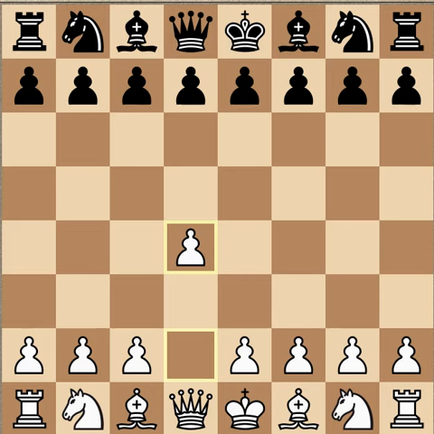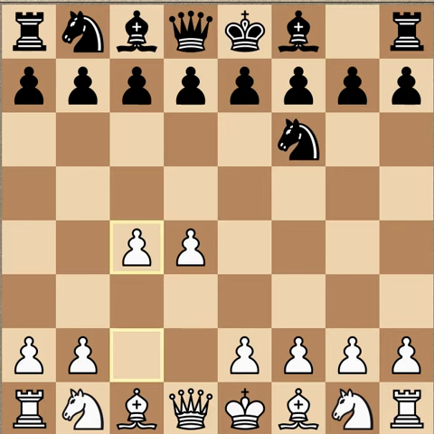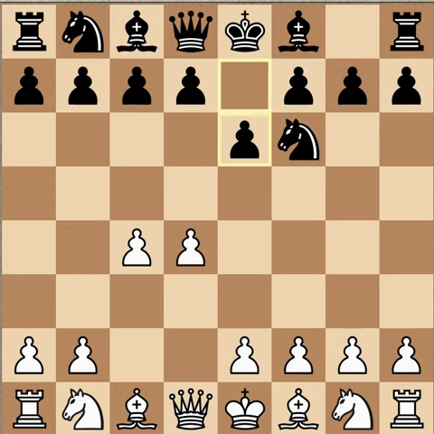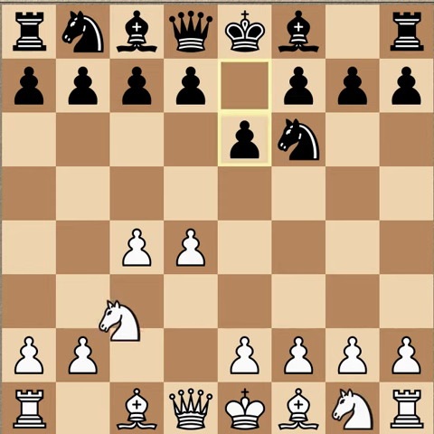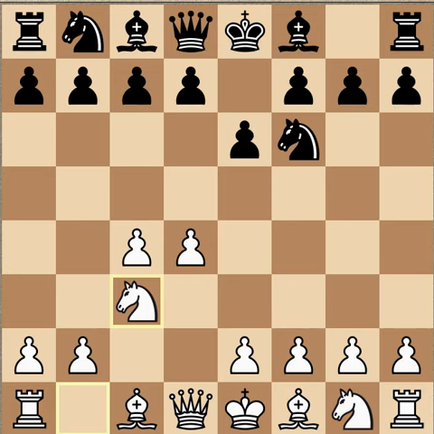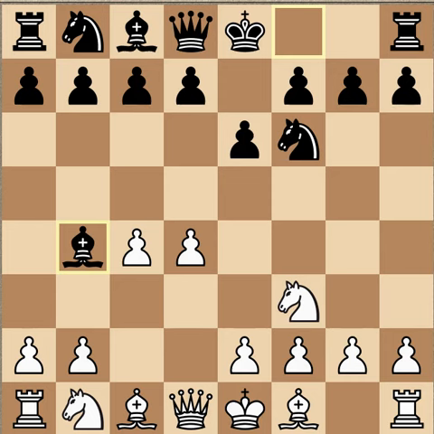So d4 from Seirawan, knight f6 from Timman, c4, and now we see e6, knight f3 from Seirawan, avoiding the Nimzo Indian, which would or could occur after knight c3, and bishop b4. Knight f3 avoids that, and if bishop b4 anyway, it's a different system known as the Bogo Indian.